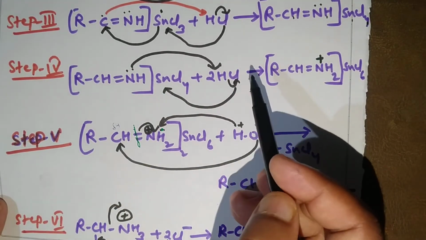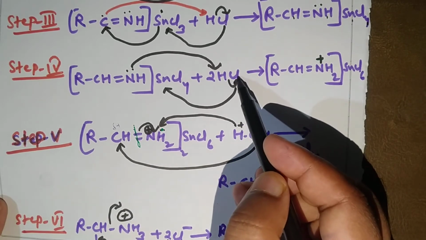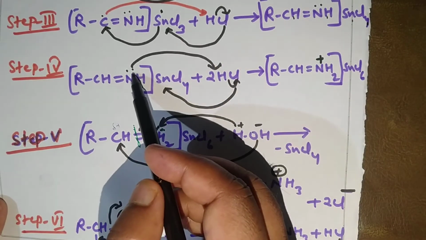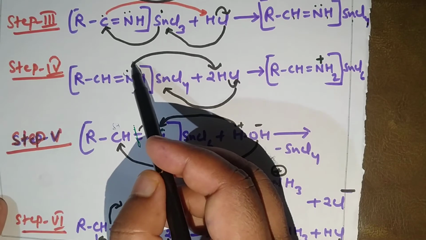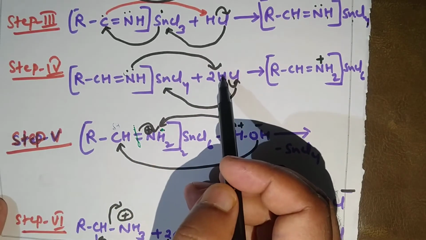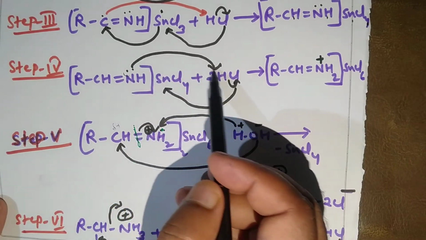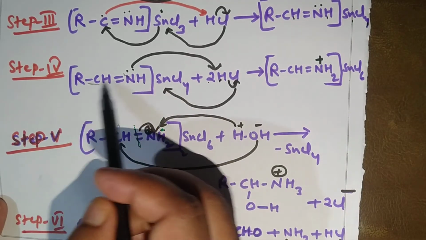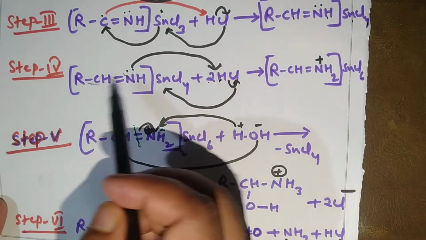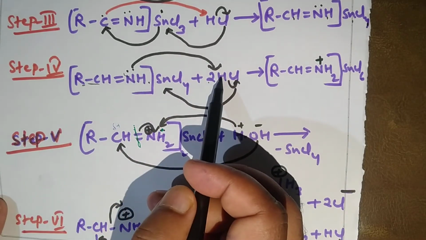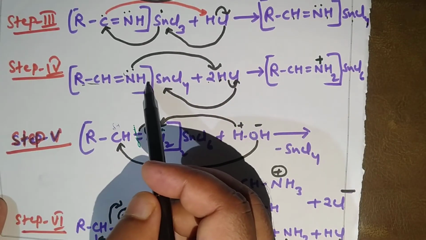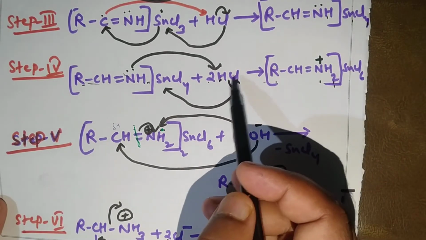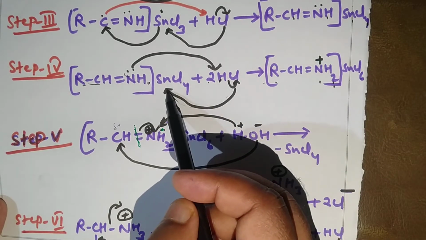What will happen here, so if the electron is pulled by the chlorine atom, then it becomes a positive charge, hydrogen becomes a positive charge, and this lone pair of electrons of nitrogen is able to form a bond with hydrogen. So here H will attach with this hydrogen. We have shown here 2 hydrogen. So these are 2 molecules. One of the molecules is attached with 1 hydrogen. Similarly, another molecule will attach with another hydrogen. So we will have NH2 and we have shown this one molecule. And this Cl is attached with SnCl4.